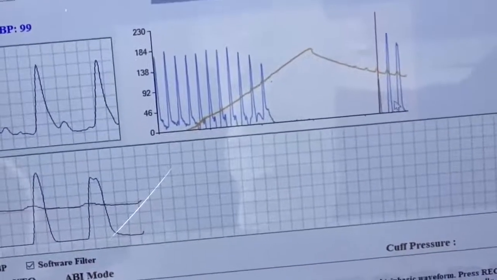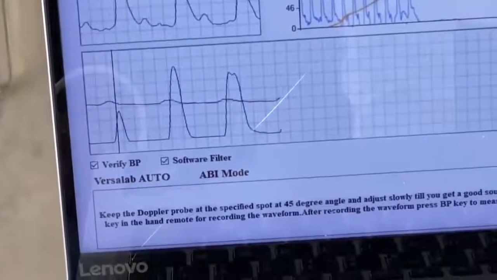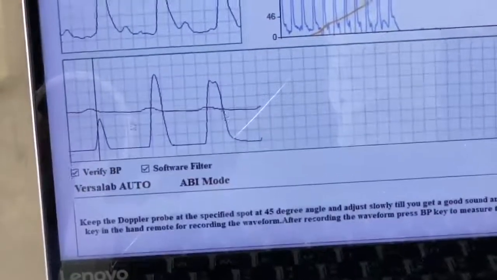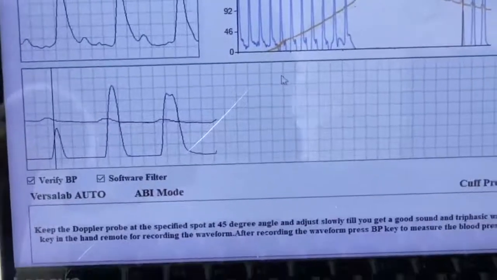If the rhythm is there, then it will detect. If you see here very clearly, you can see the first waveform, then the second, third, automatically it marks on the top. Okay, so that's how it is recorded.